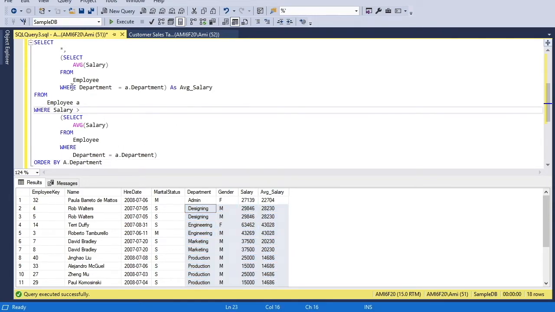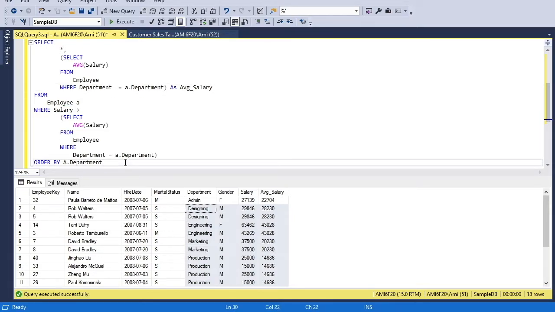So in this example we have seen how to use a subquery in a select list and also how to use the subquery in the where clause, and here we have also seen how to use the where clause in coordination with the outer query. So this is also called a correlated query where the outer query gives reference to the innermost query.